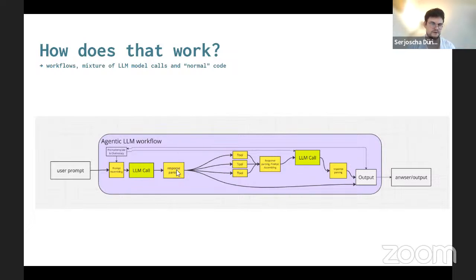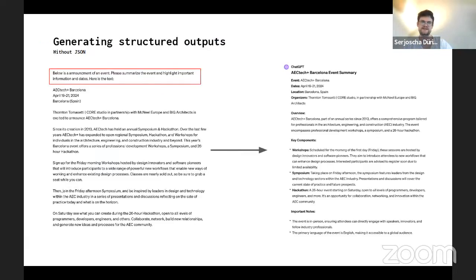It will answer in a JSON format, like in a text format. And then we have a parsing component, the normal code that picks up certain keywords and could then decide, the model said we should use the image generation model. That's why we use that tool. The tool is used, returns some results, and then often a second large language model call assembles all the new information and creates an actual answer that's then given to the user. That's important to keep in mind. For complex applications, it's not just a model call, but you have a whole workflow infrastructure in the background.